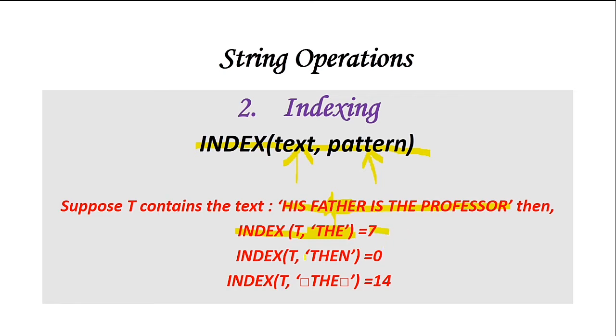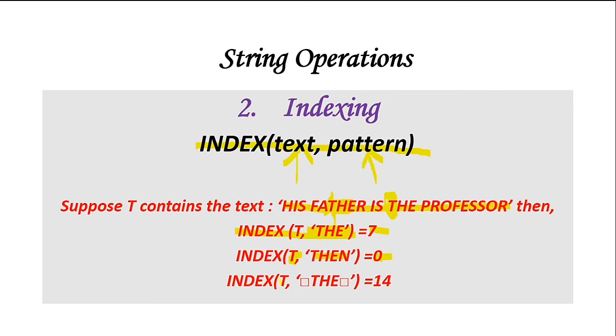Now once again I have taken T as the text, and the pattern I have given is THEN. Now I will search for that one. Here T is there, that is in the 7th position, but the pattern is not matching. So I will go to the next T, it is here. Once again this is T, but the pattern does not match, right? Once again I will check over here, nowhere can I find THEN. So that is why I will specify the index as 0. There is nowhere the string THEN is present.